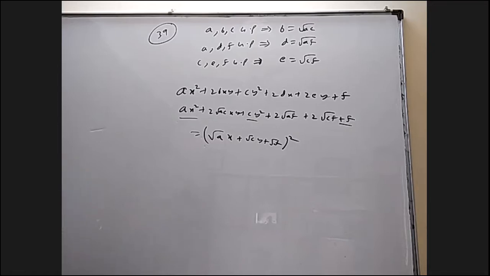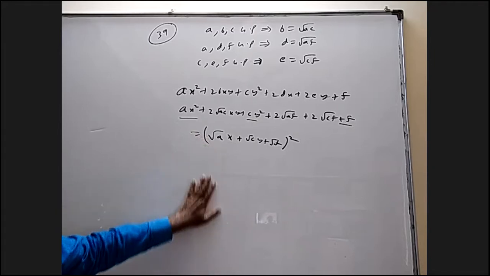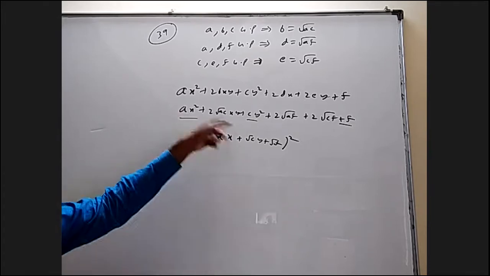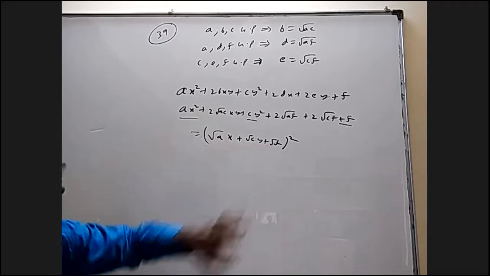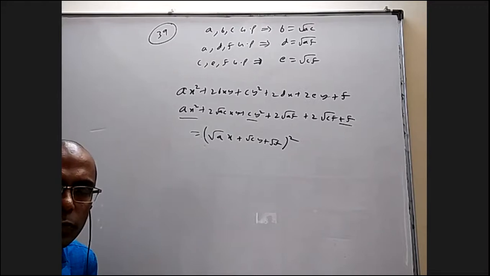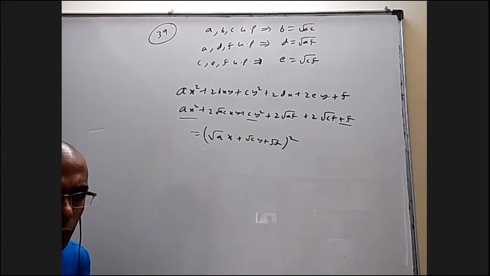Yes. Of course, I can put a minus outside here. If A is negative, we can't write root. That's why we'll multiply minus and then write root minus A here, root minus C here, root minus F. Okay, A is negative, minus A will be positive, root minus A will be defined, right? So in the first step, if A is negative, we can't define that.